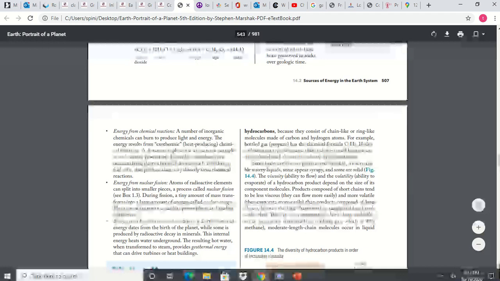Energy from the Earth's internal heat. Here we're talking about geothermal energy. If you live on a volcano, you could generate heat that way. There are some countries like Iceland that live in a geothermally active area, and so they can get a lot of heat. They get almost all their heat, as a matter of fact, from geothermal energy.